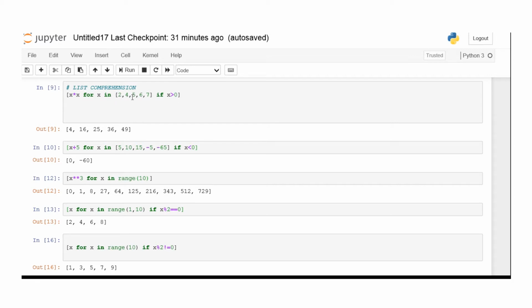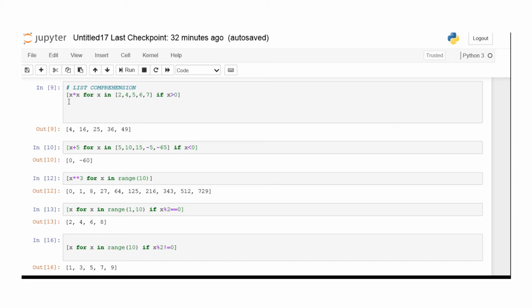The list of elements will execute the given expression, but the expression should be given before the for loop every time. This is the syntax, and we have to follow it very carefully every time. The condition comes last. So the whole syntax is: expression with for loop, then the iterating elements, then the condition.